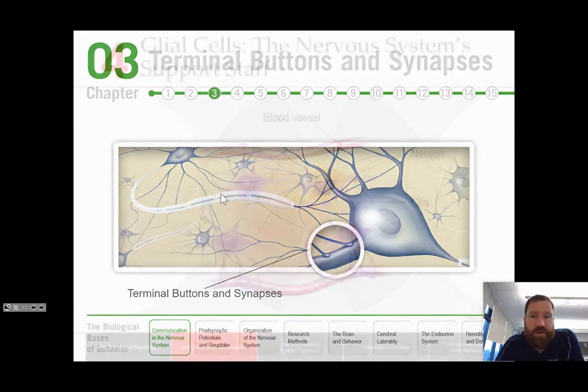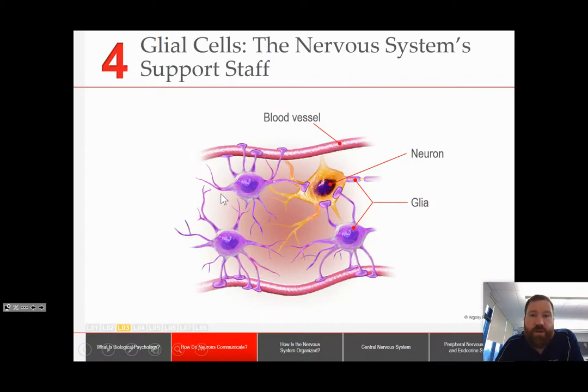All right, I also told you that there are other cells here called glial cells. This is basically the support staff of the brain. And if you've ever heard of the blood-brain barrier, that is essentially the glial cells. Our body's pretty amazing. We know that viruses and bacteria and other bad things can travel in our bloodstream.